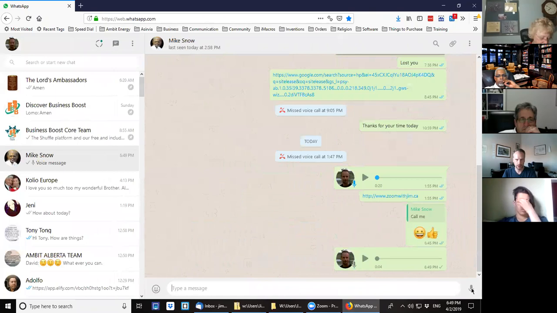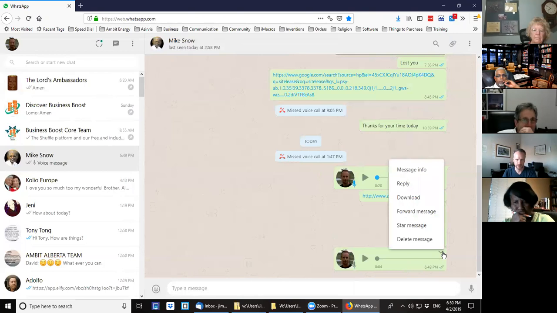And when you let go, whatever you spoke, it will put it as an audio file that you can click play on, and it will start recording your voice, and they can play it back. So it's very handy for group messaging and things like that when you don't want to be typing a lot. Maybe you're driving and you have to be hands free, so you just hit the record button